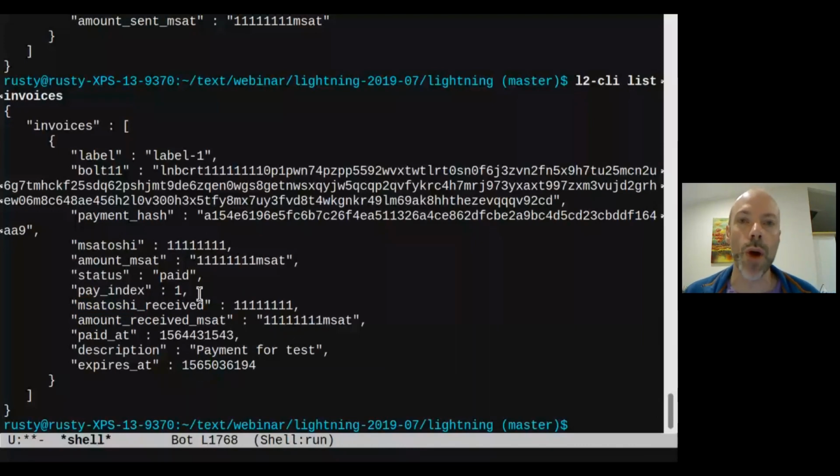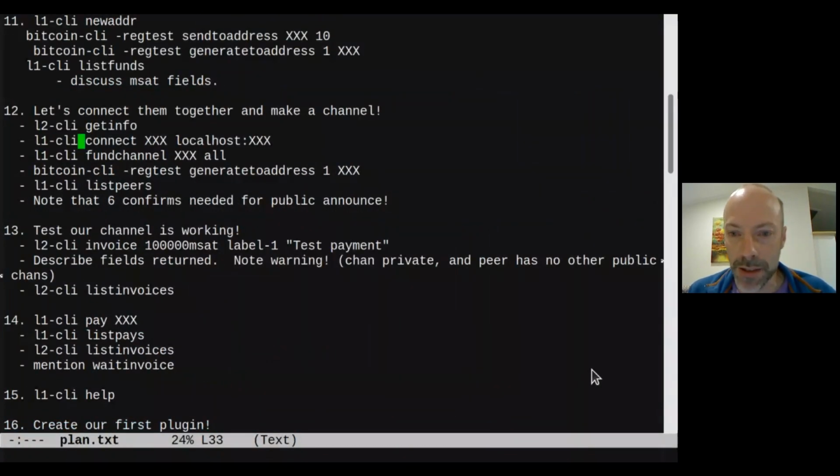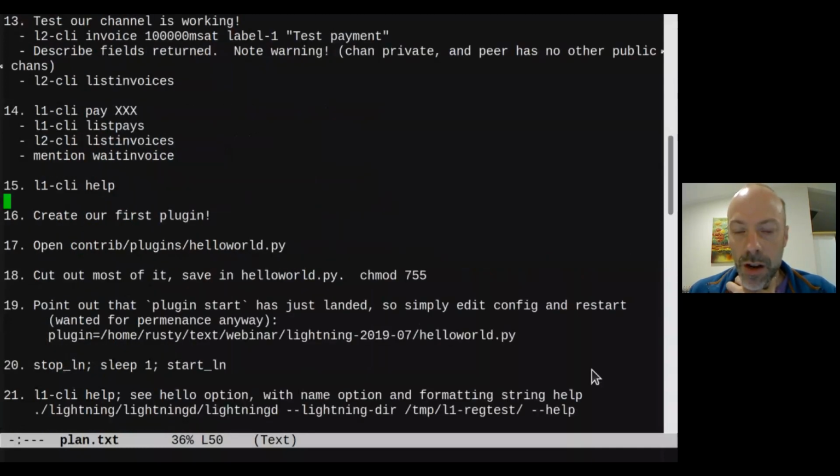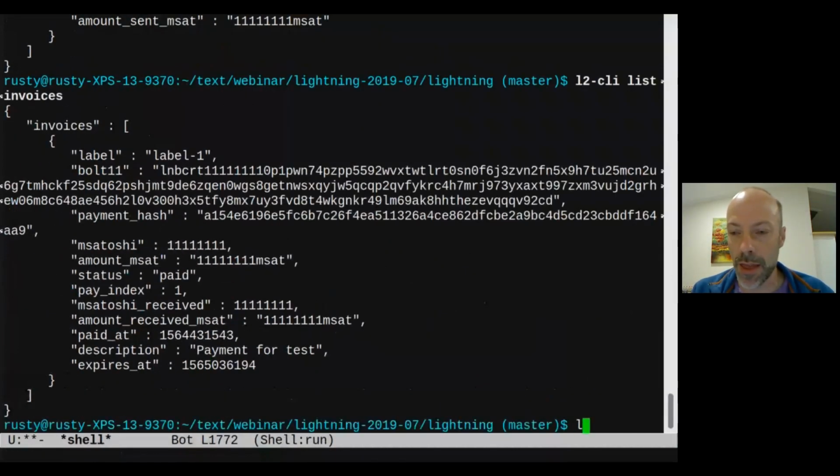There's also a waitinvoice command that will basically wait for an invoice to be paid if you're trying to do back-end work, and waitanyinvoice, which will basically wait for the next invoice to be paid. And then you can do listinvoices after that. So we have a working channel, and we've made a successful payment. That's pretty cool. So I think at this point, we're ready to make our first plugin. Although I should point out that there is,